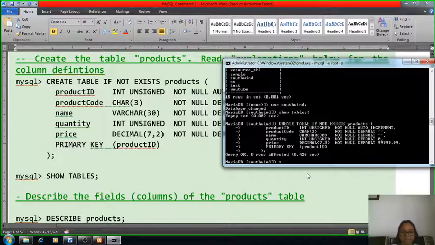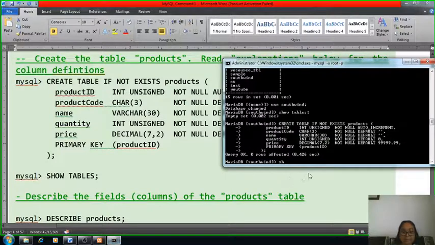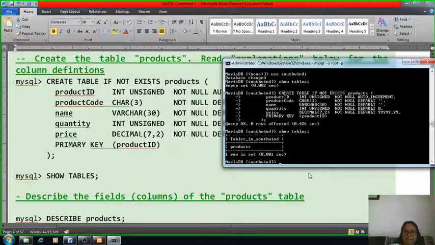To check whether the table is created or not, the command is show tables. The tables in Southwind show the name of the table, product. Now the product table is created.